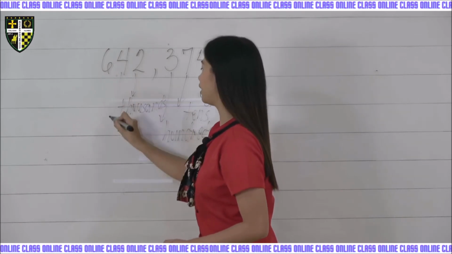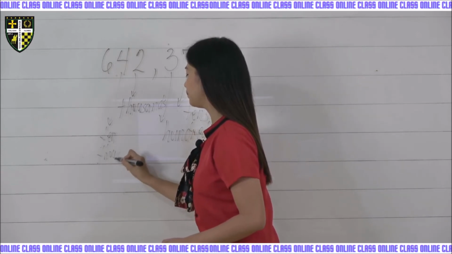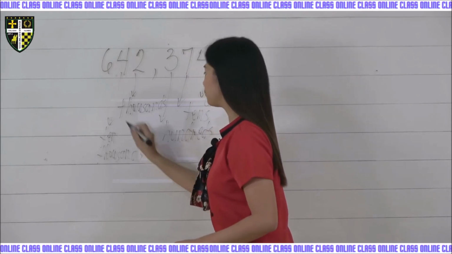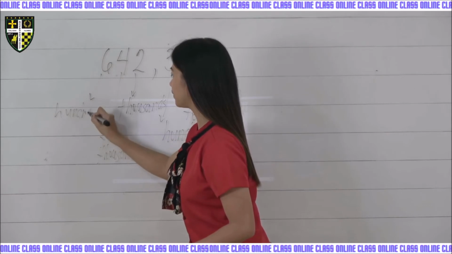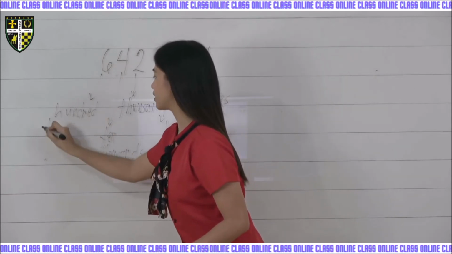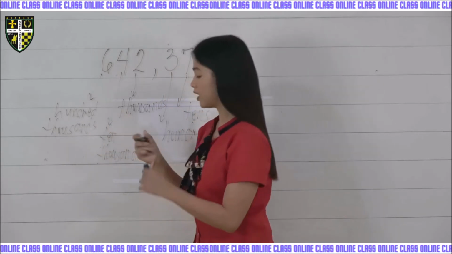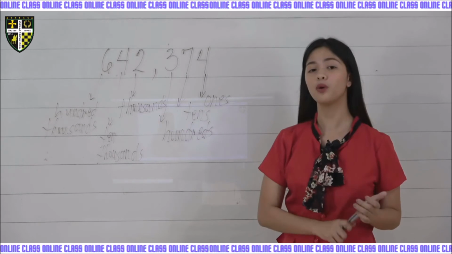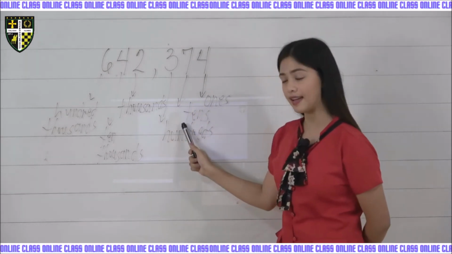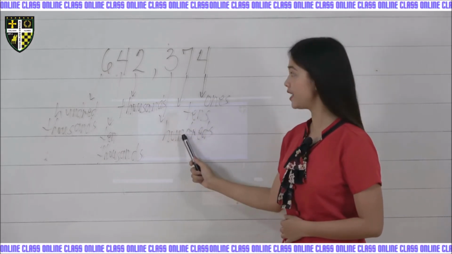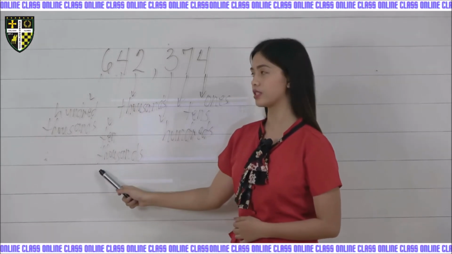And 4 for the 10,000s place value. And 6 for the hundreds place value. 100,000s place value. Okay, let's repeat one more time. 4 for ones, 7 tens, 3 hundreds, 2 thousands, 4 10,000s, and 6